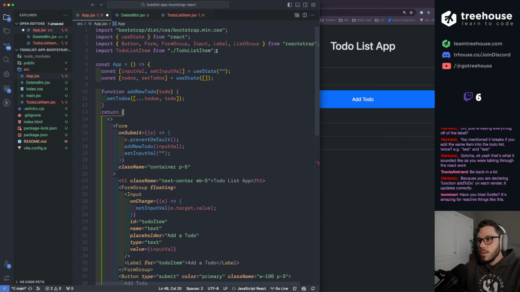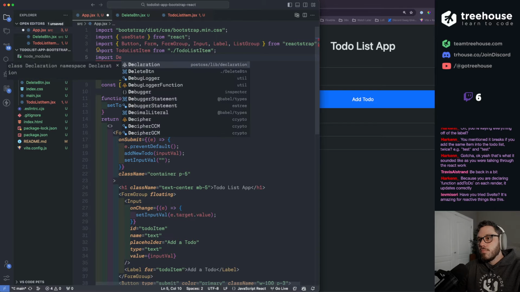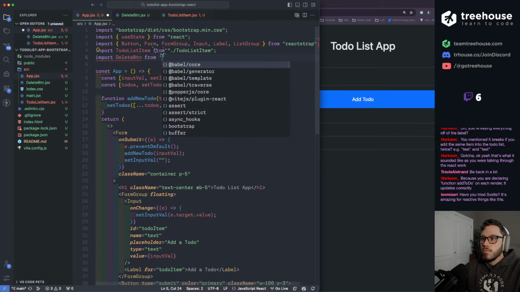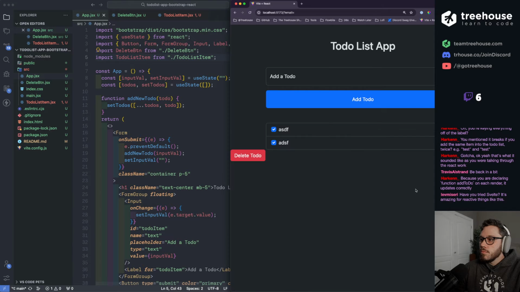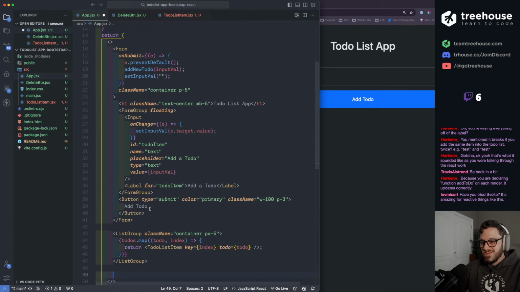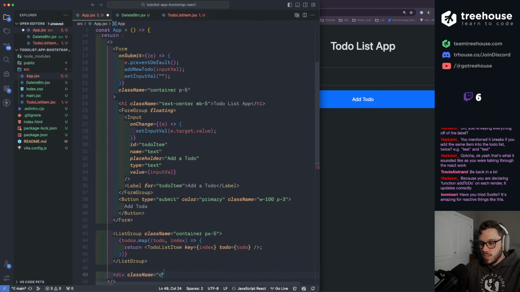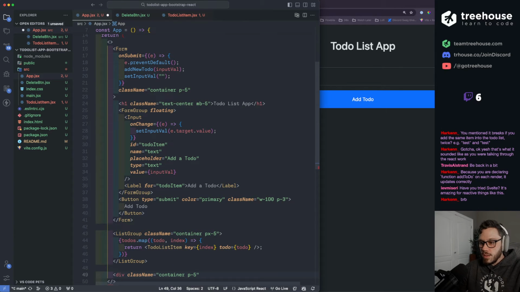Let's import it. Cool. Let's put this in a group. Well, let's just put it in a div. Say container and do like P5 maybe.